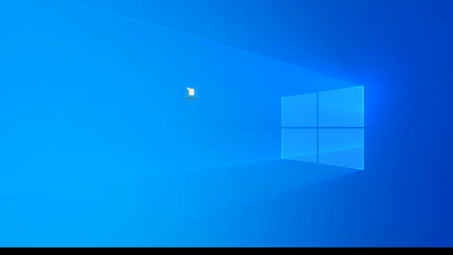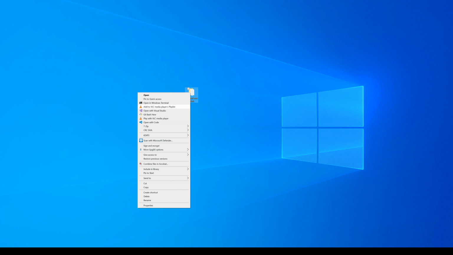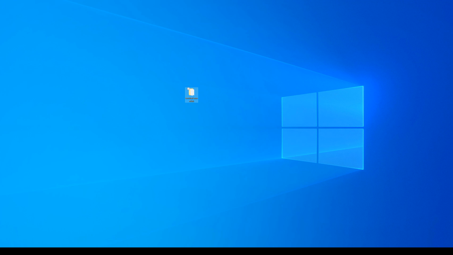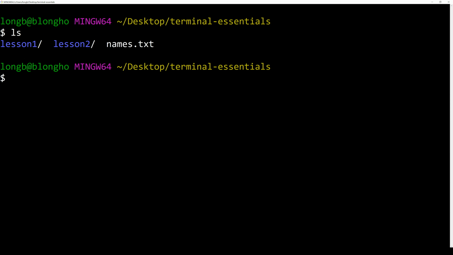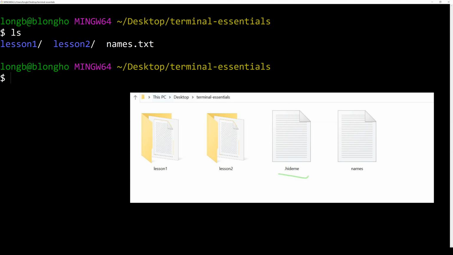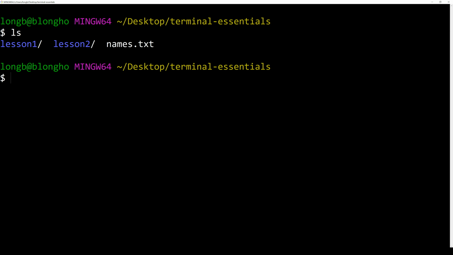So to open this directory using Git Bash for Windows, you right click on the directory, Git Bash here, you open it. This opens the terminal. To list the contents of this directory, we write ls and hit enter. If you want to list all the contents of this directory, including the .hide.me file that we have in this directory, remember in the file structure, we have a file there called .hide.me. But you notice we don't see the file called .hide.me.txt.